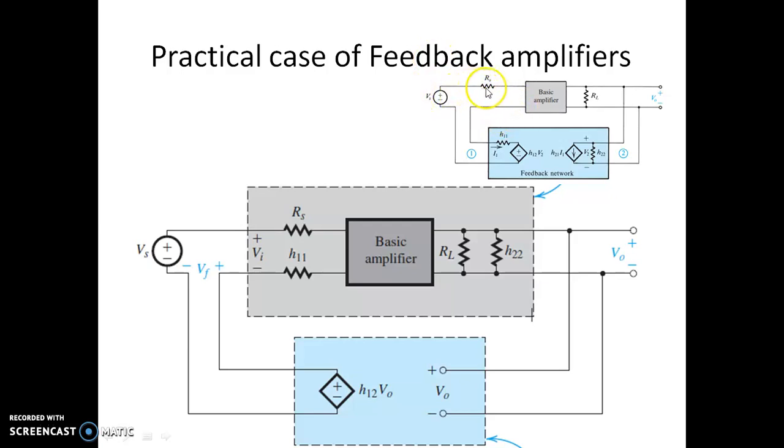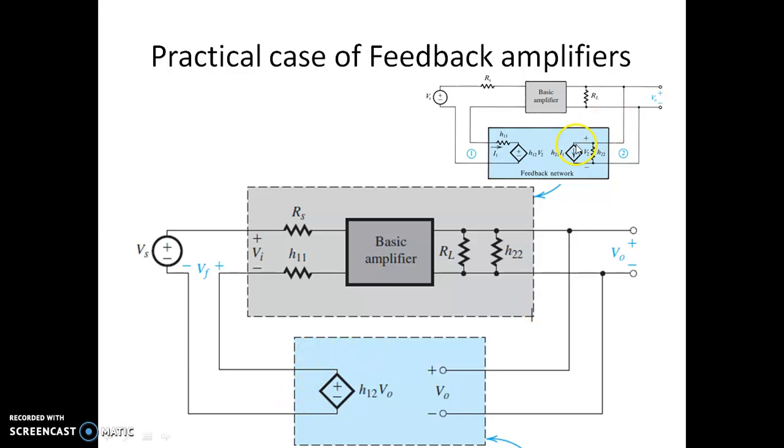Now there was an RS here, and there is an RL which was there. The output has been moved over here, and this is H11, and this is the dependent voltage source. This is considered to be 0 now. Zero current means open circuit, and H22 is over here. Even though this is a feedback network, we want to represent it as an ideal feedback network. Now it looks ideal. The non-idealities, H11 and H22, have been moved over here.